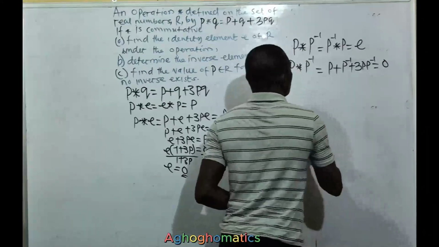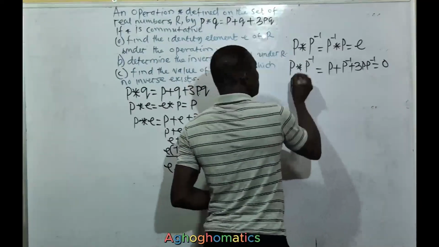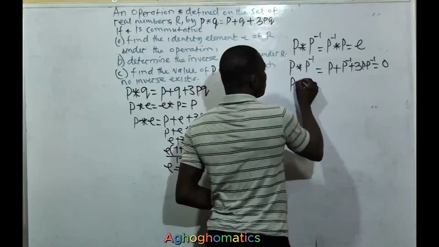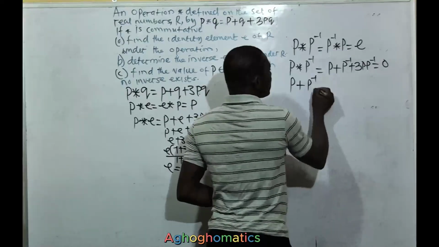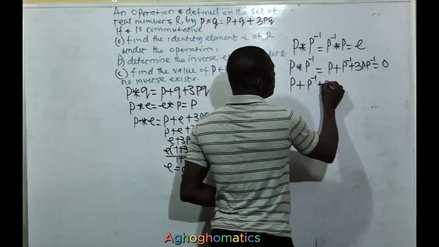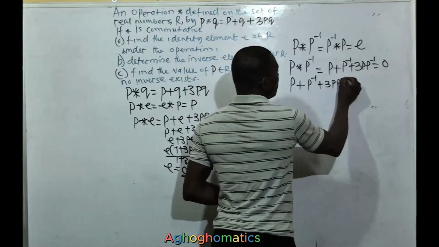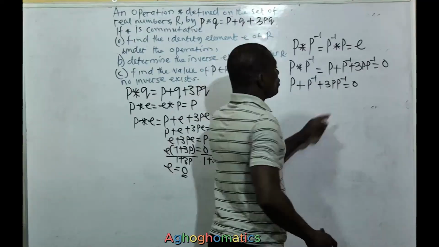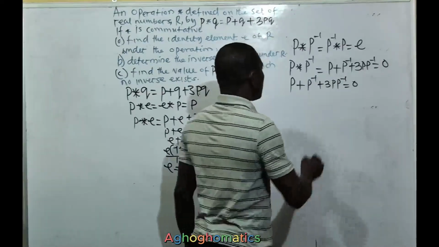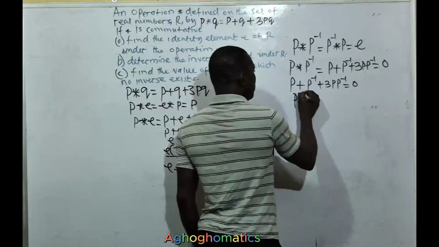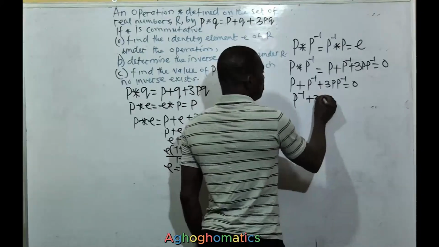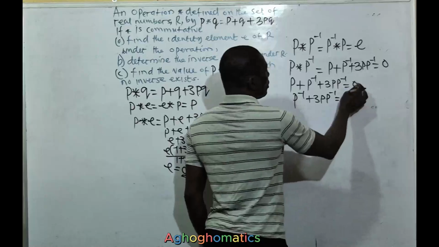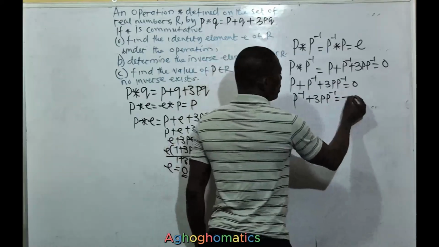Okay, so here the equation becomes P plus P inverse plus 3P times P inverse is equal to 0. So let's move P to the right hand side. So we have P inverse plus 3P times P inverse is equal to 0 minus P, that gives minus